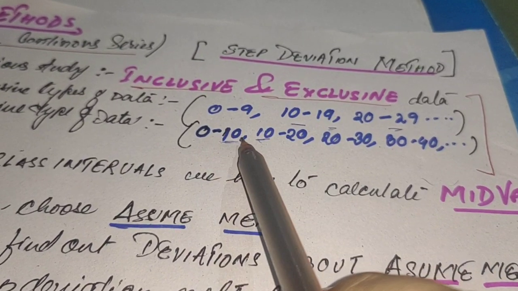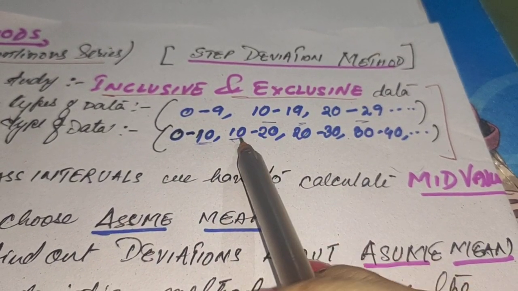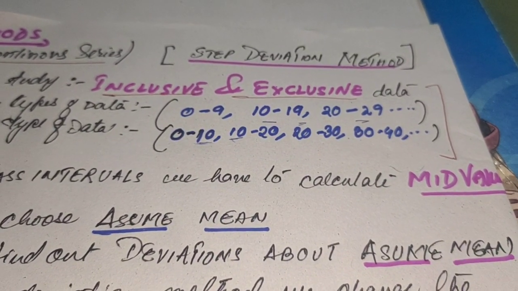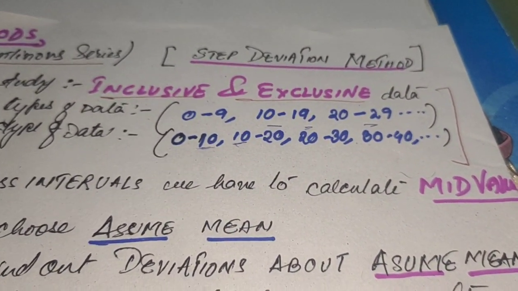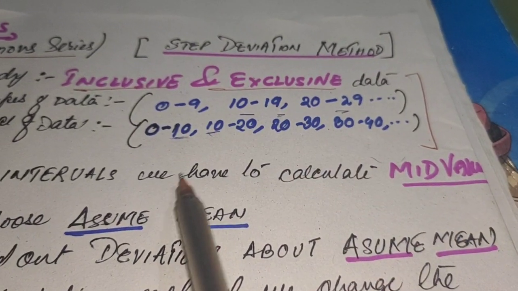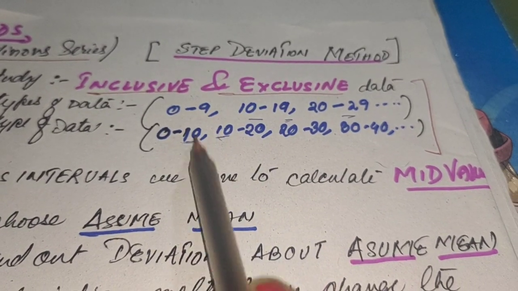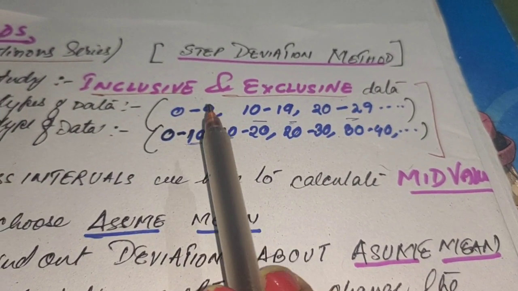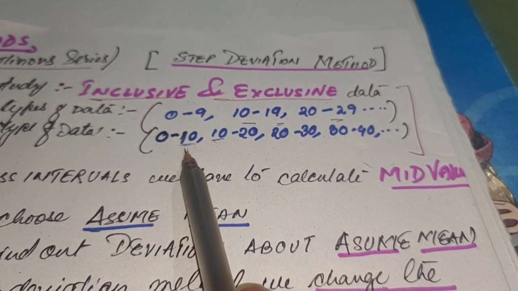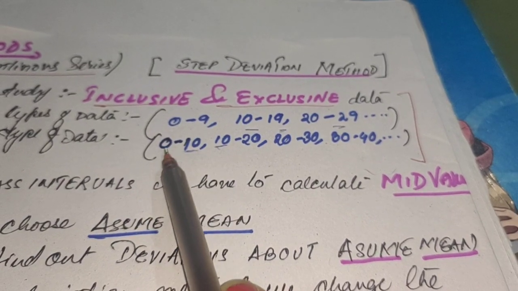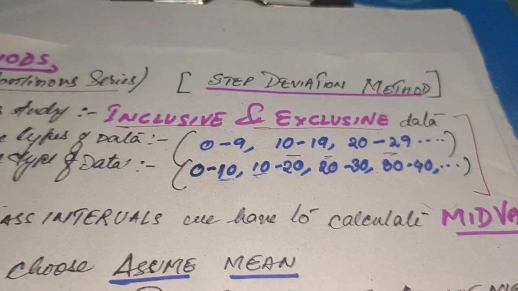The reason is this: otherwise, it will be difficult for any statistician to put the tally marks. If he is collecting some data, and it happens that more than one value of 10 was there, then for each 10 where does he have to put the tally mark? 10 is here also and 10 is here also. That's why we exclude the upper limit and ultimately make it inclusive type of data. So 0 to 9, here also we calculate 0 to 9, but when we write that it is exclusive type of data. So these things we need.